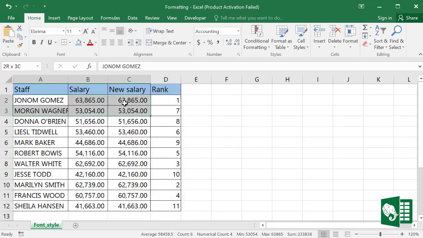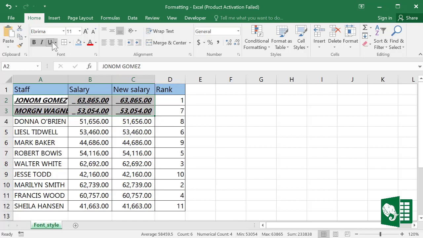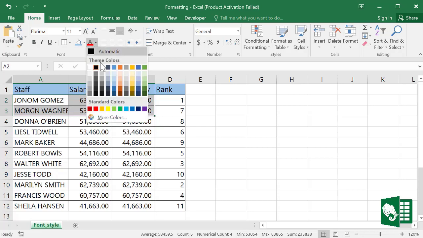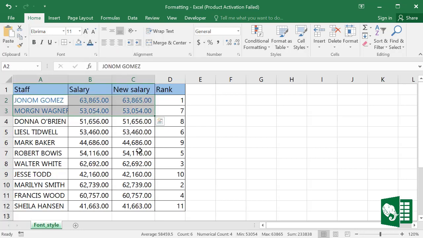And also we can make part of it bold or italic, and also underline if we wish. And also let's undo this, and we can change the color of the font,